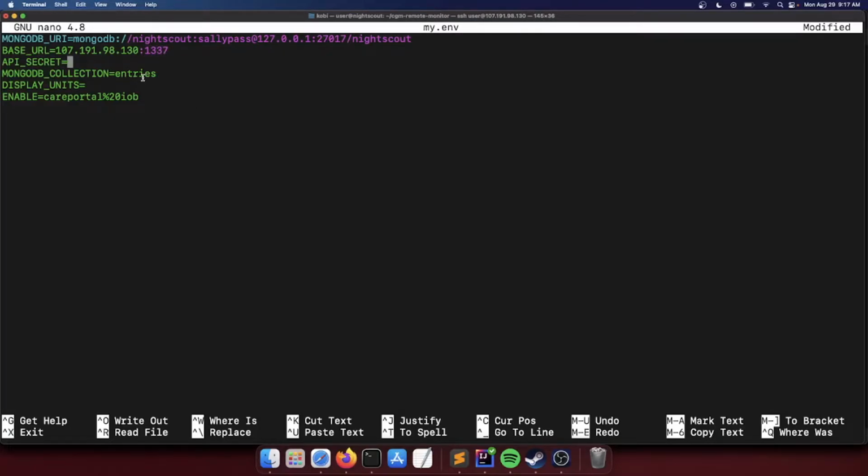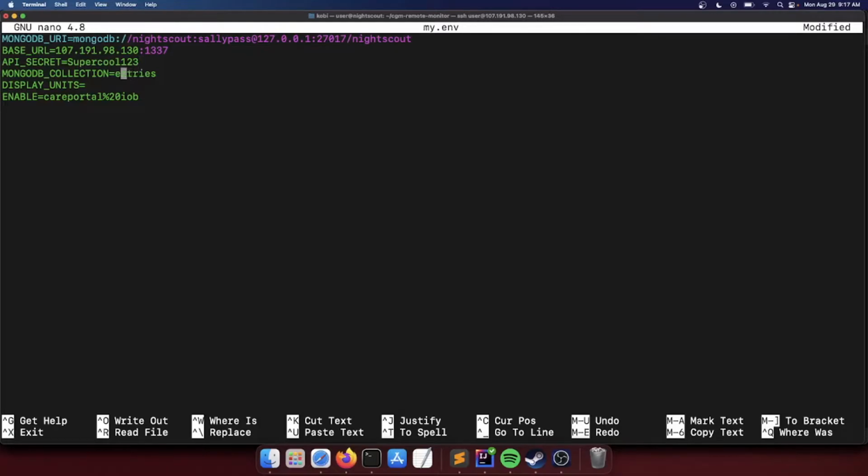Okay, and API secret, it's going to be something you can use in Nightscout just to authenticate you as the admin user. And if you have a plugin like Care Portal, you're going to need to authenticate your API secret in order to enter data and stuff like that. So make that something super secret and something you'll remember. Alright, so we'll do supercool123 for now.